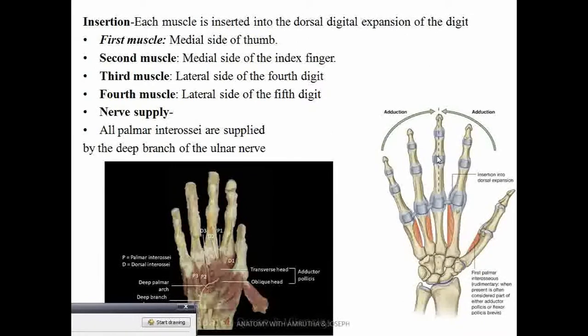That is called adduction. Because thumb, we are not talking about thumb, adduction is different because it is placed at a 90-degree plane with the other fingers. So this adduction is different, so we are not talking about that. We are talking about the medial four fingers, and the middle finger is excluded because it is in an adducted position, and that is why it is the axis.